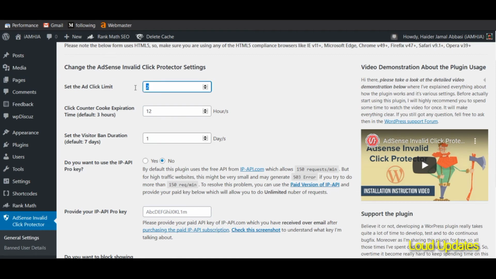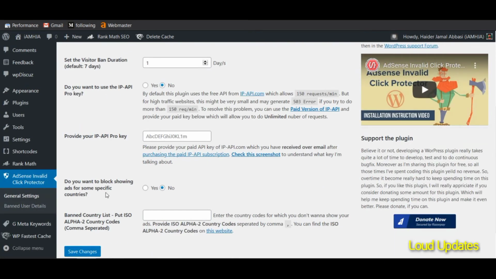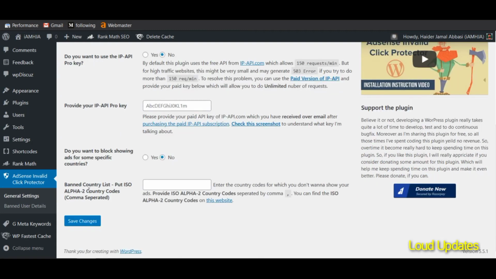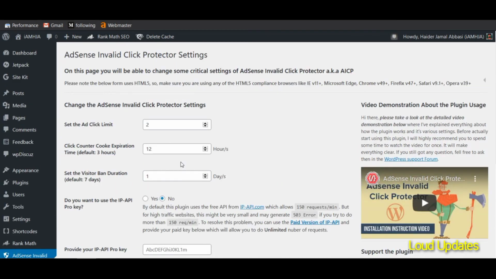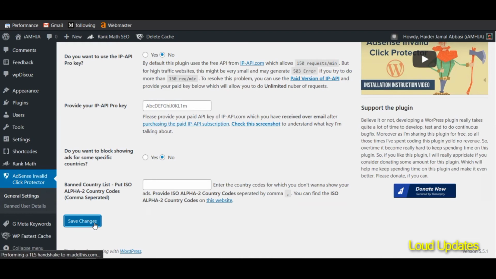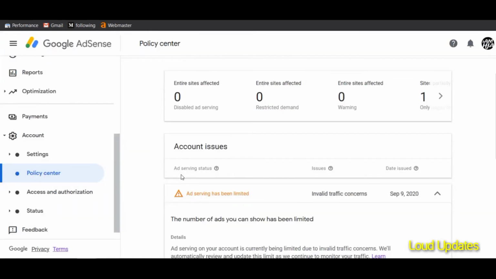If they click 3, 4, 5 times on my ad, this plugin helps you protect your AdSense by not showing more of your AdSense ads to that visitor. There is also a ban country list: if you want to block a specific country with invalid click activity, just enter your list and block the IP if you want.